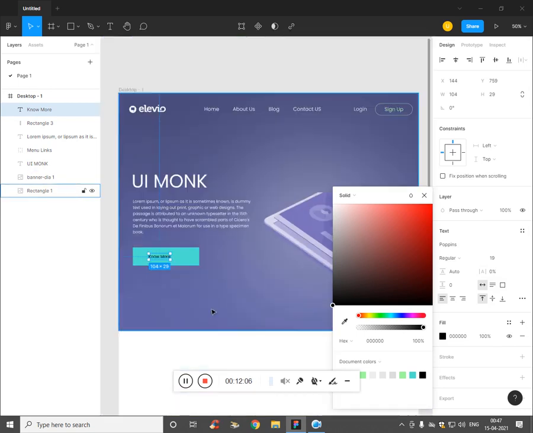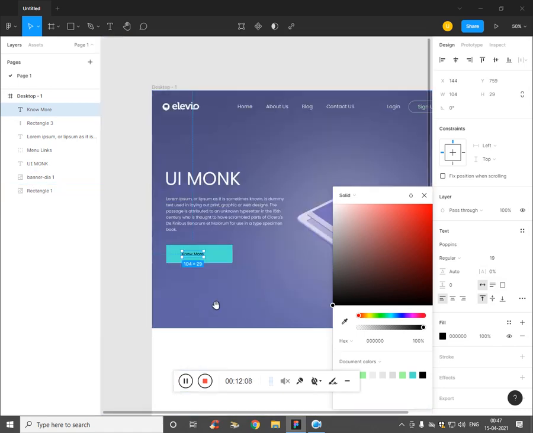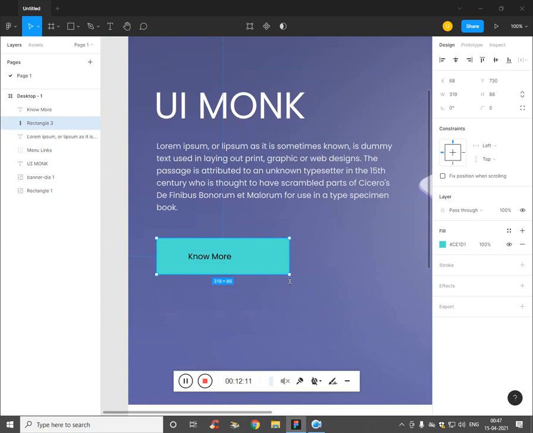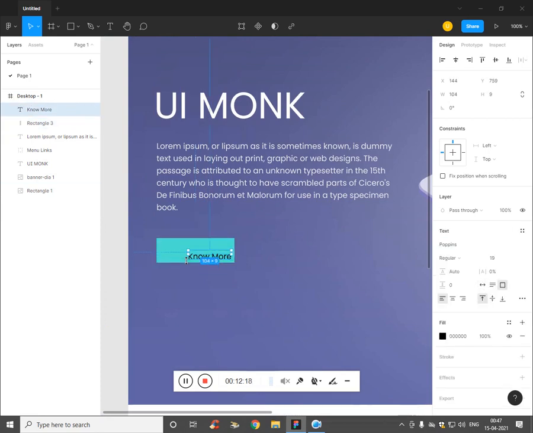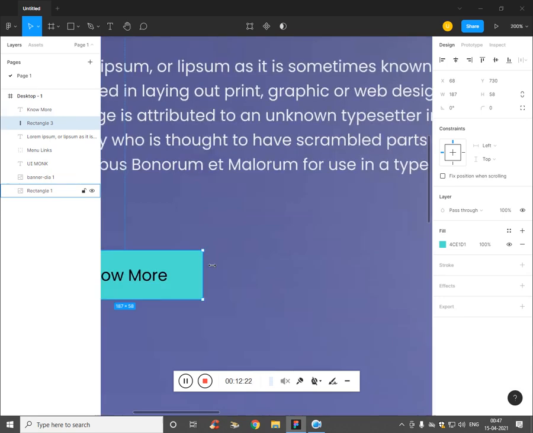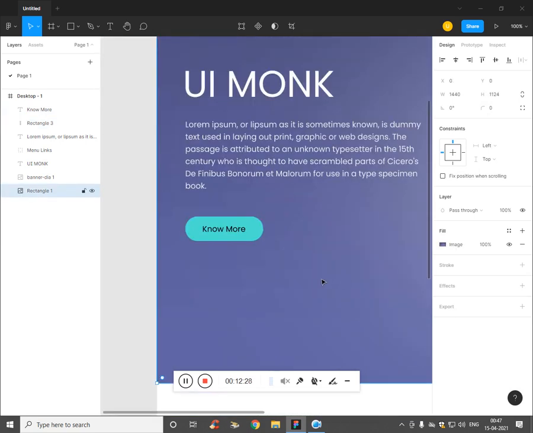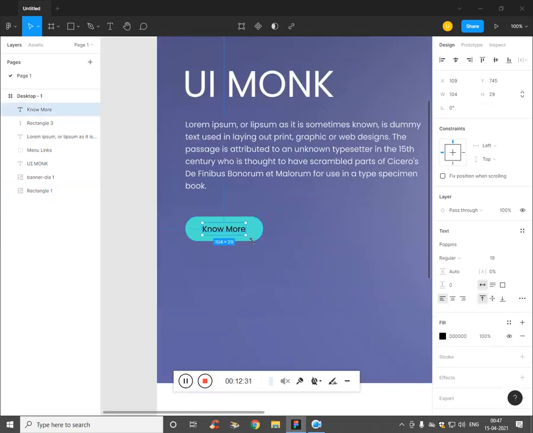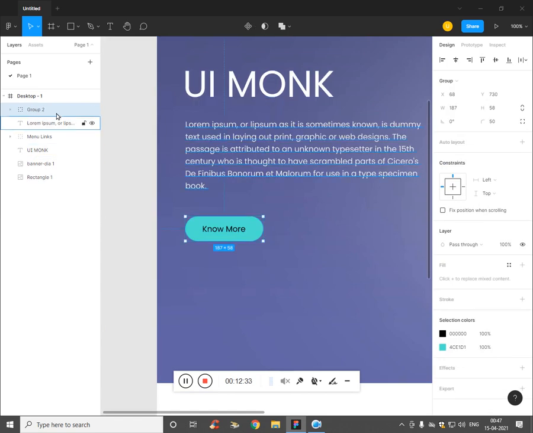We don't want to increase the size, we have to make the rectangle proper size. And here we have capsule, or to make it round, I'll add 50. Text and rectangle is selected, make it as a group and make it as button.